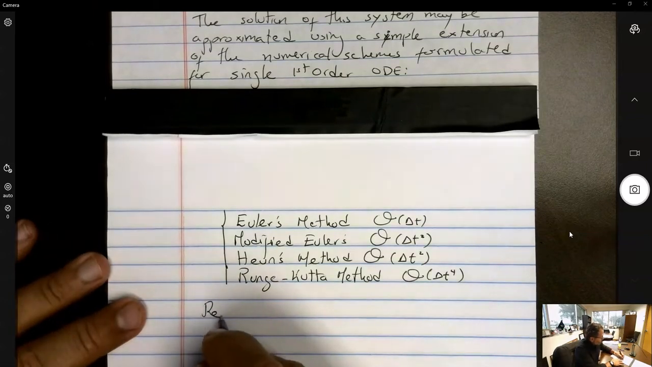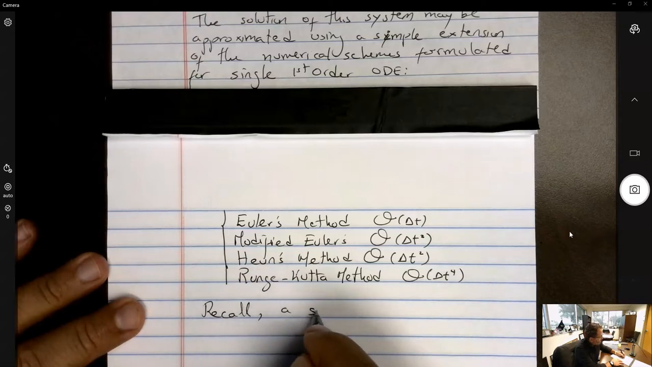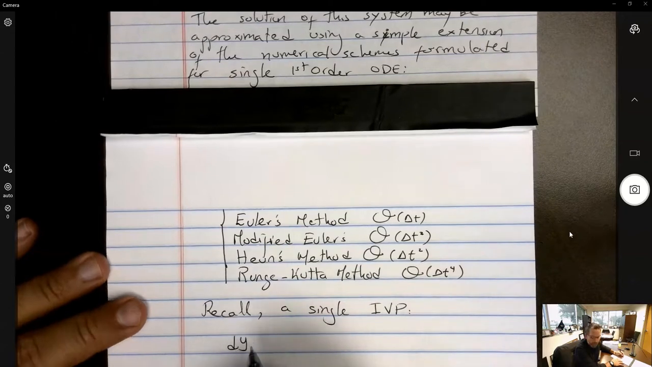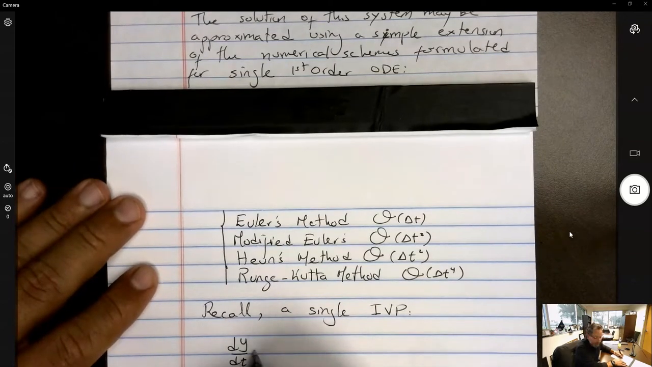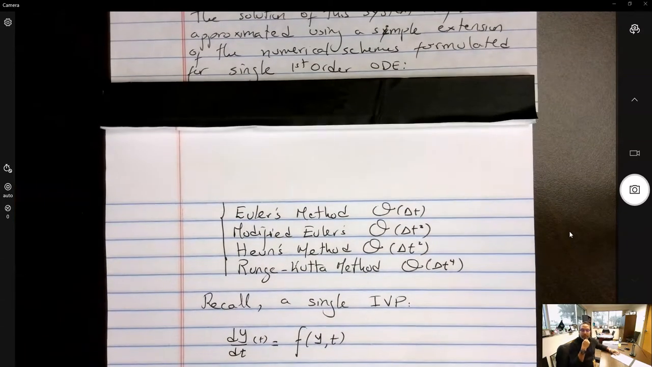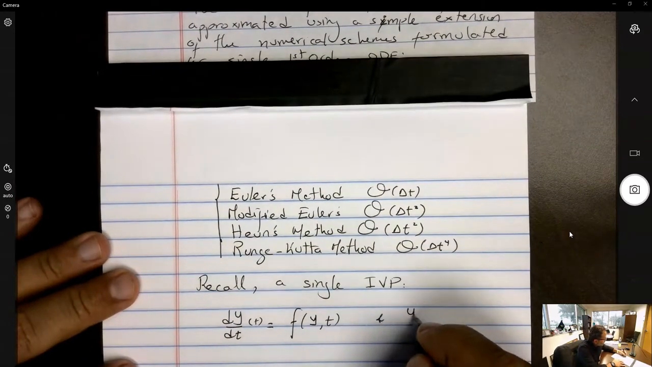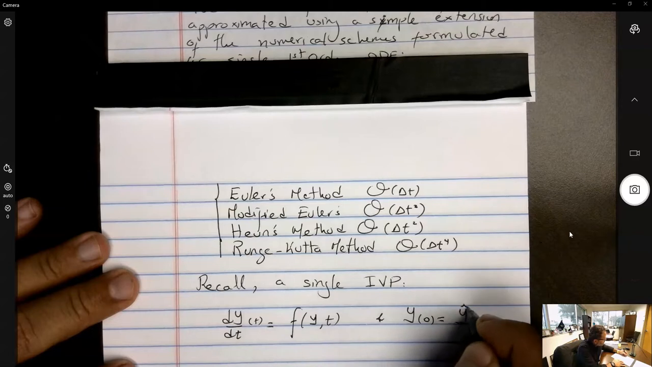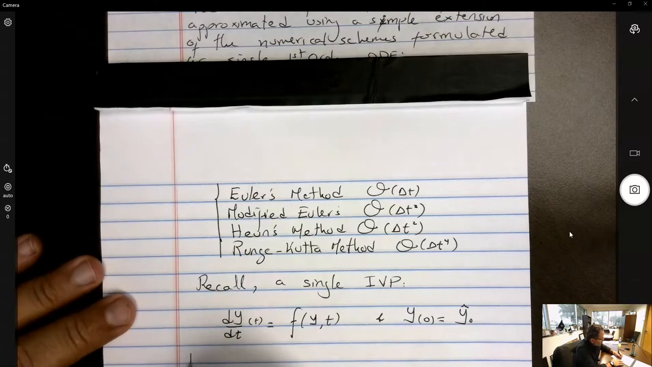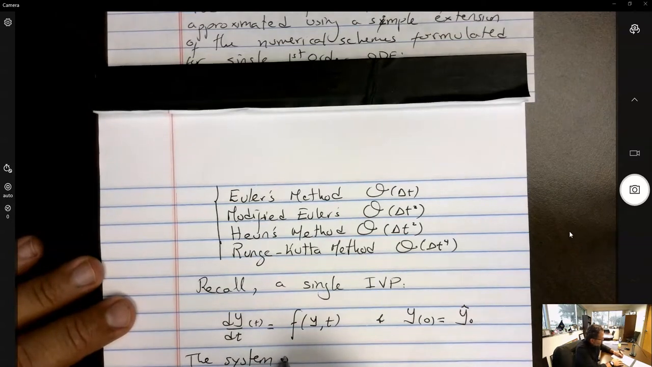So, if you recall, a single initial value problem is given by dy/dt = f(y, t), and a single initial condition y(0) = y0. Now, the system of ODEs may be written as